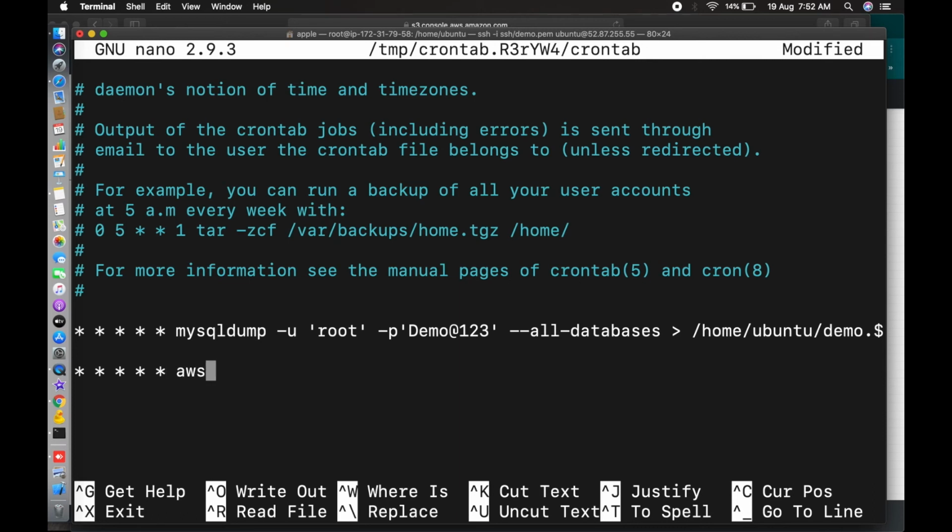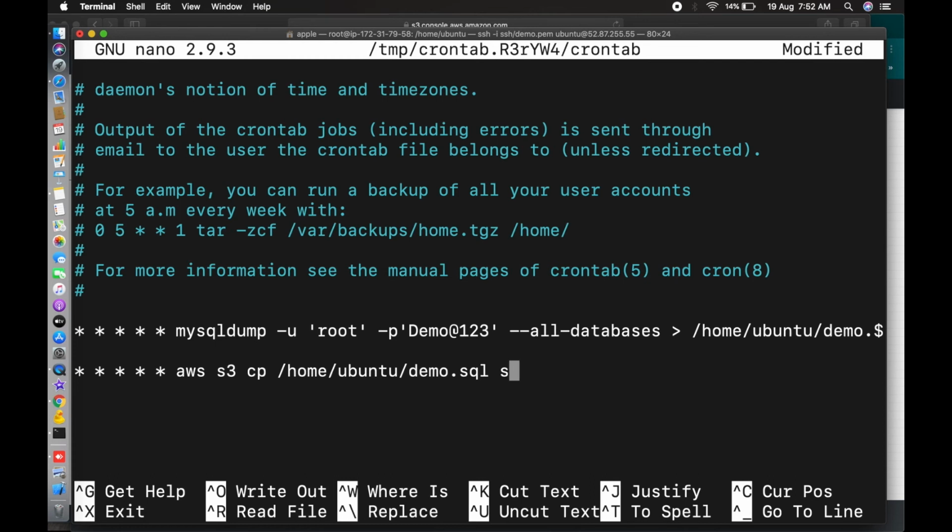The command would be the same as we have done manually: aws s3 cp, your source file, then the destination. For the source file, you have to give the absolute path, the total path, because this is a crontab command and it won't understand where the file is, so you have to give the full path here.